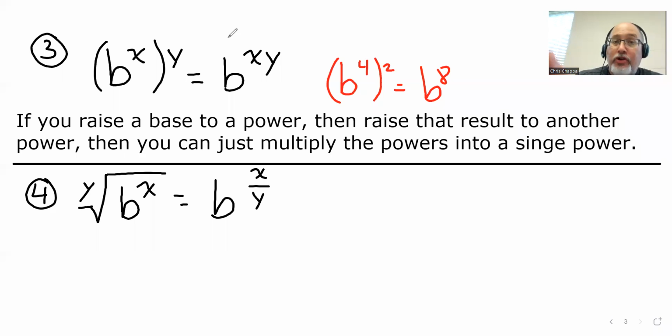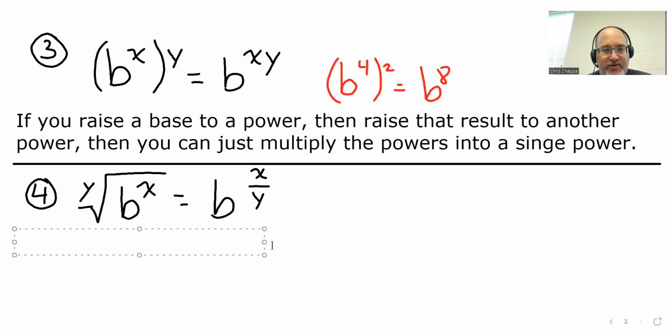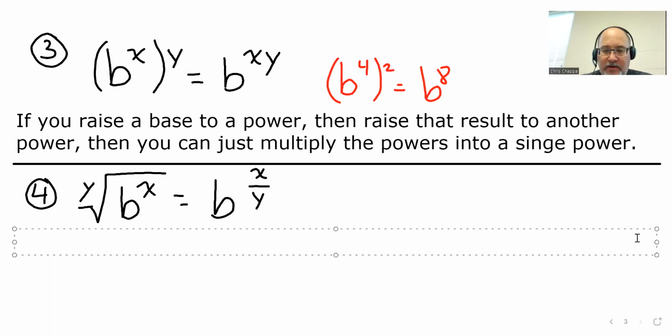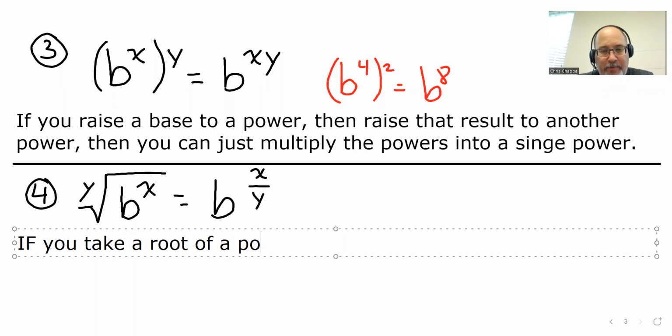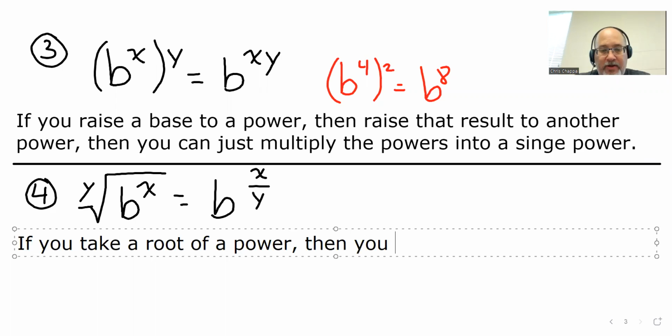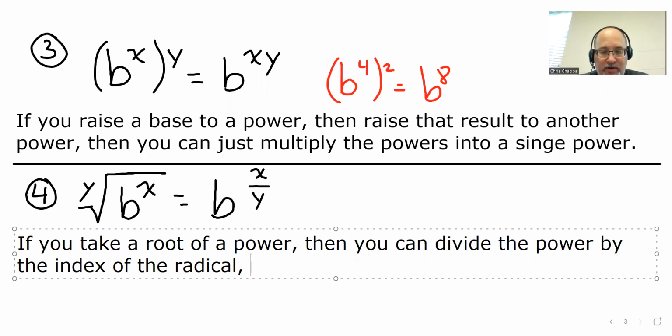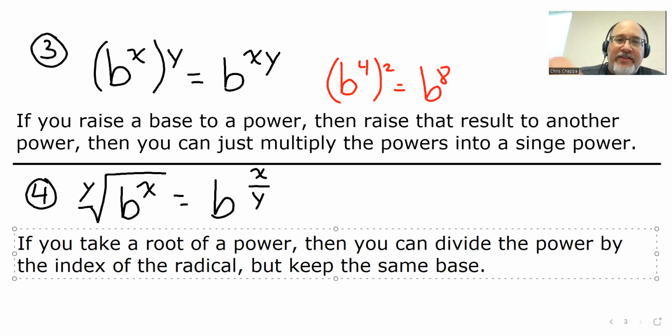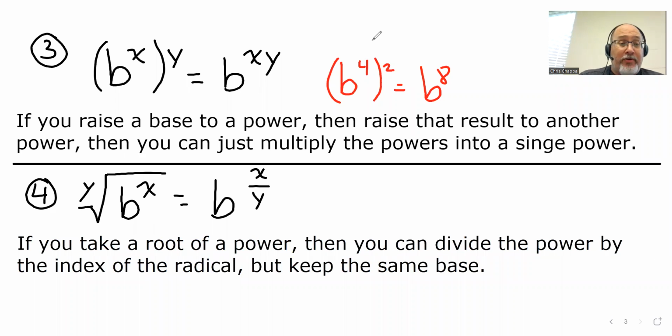And I'll show you a numerical example here in just a second to really emphasize what it means to be a root. But in words, it would go something like this. If you take a root of a power, then you can divide the power by the index of the radical, but keep the same base. And again, this is much easier to do than it is to put into words. For example, if we had something like the cube root